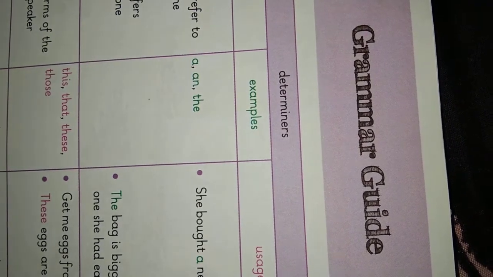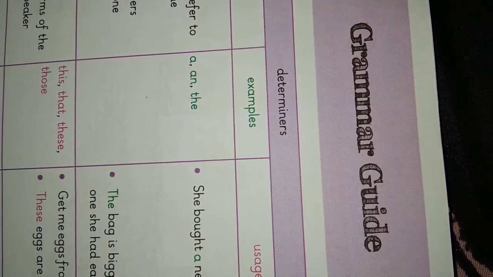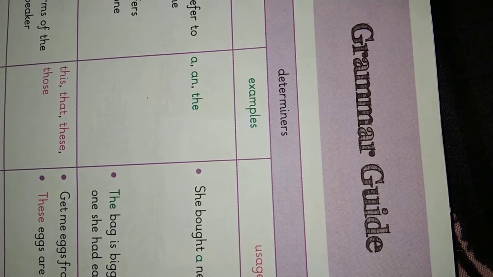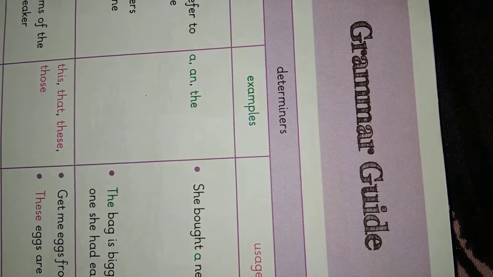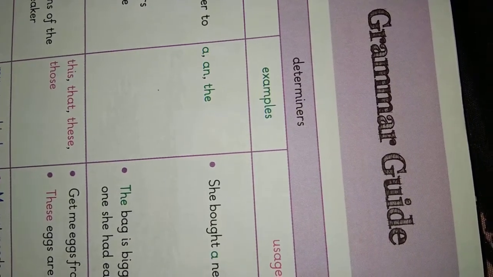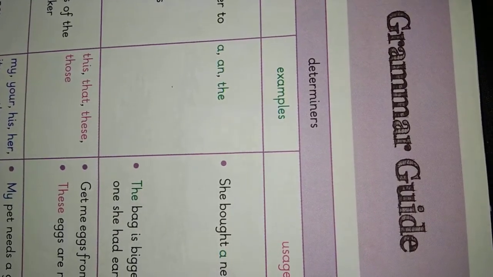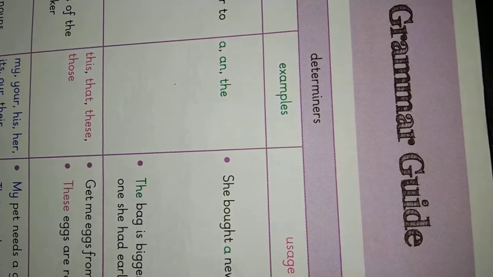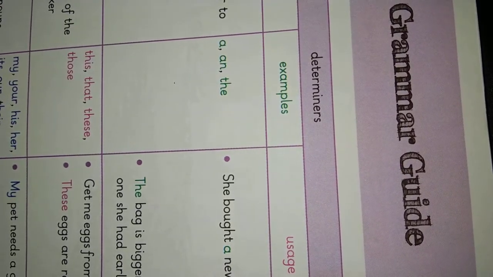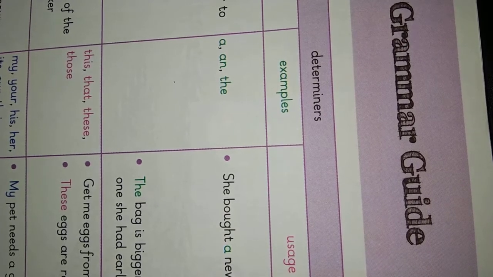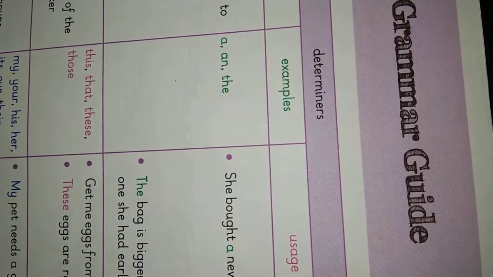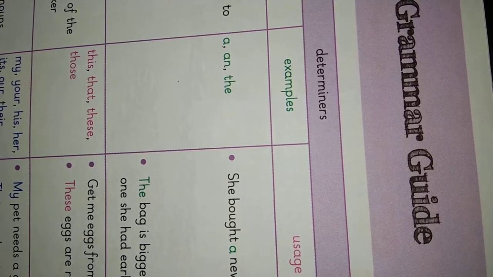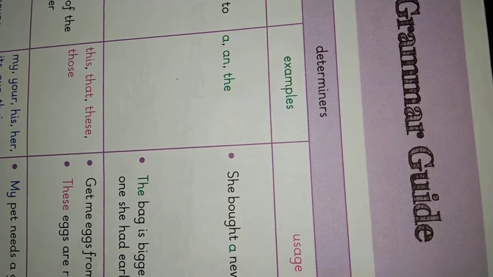So, children, we have seen that determiners and quantifiers are the words which we use in front of nouns. We use these determiners to identify things like this book, my sister, etc. And we use quantifiers to say how much or how many, like a few people, a lot of problems. So there are various specific and general determiners which we have come across today. And the most important thing to note is